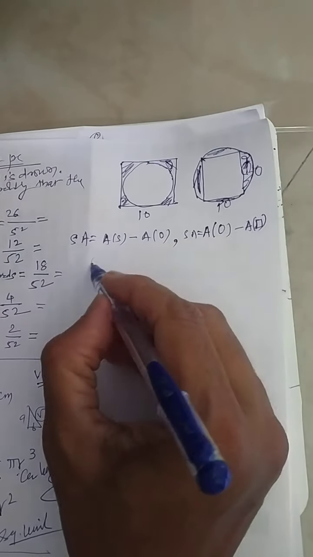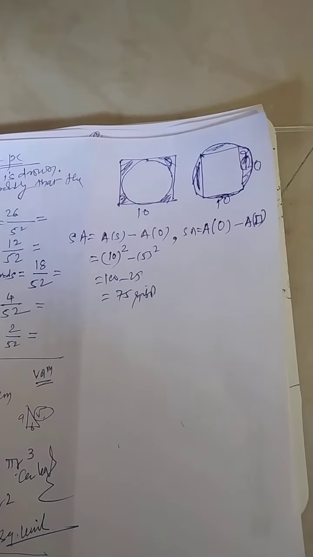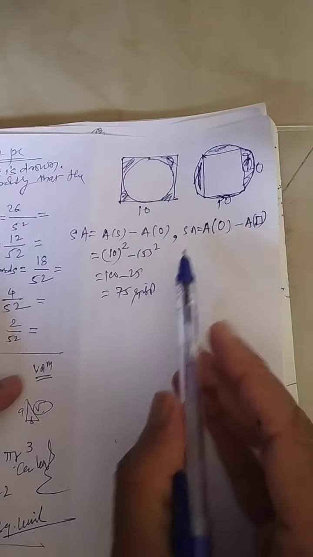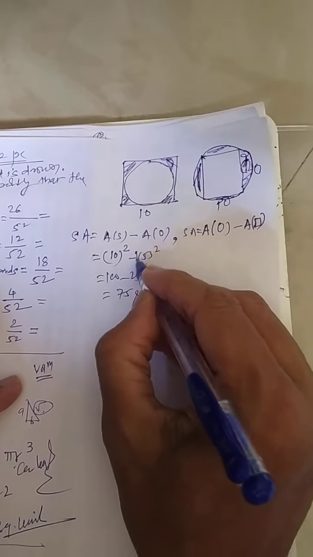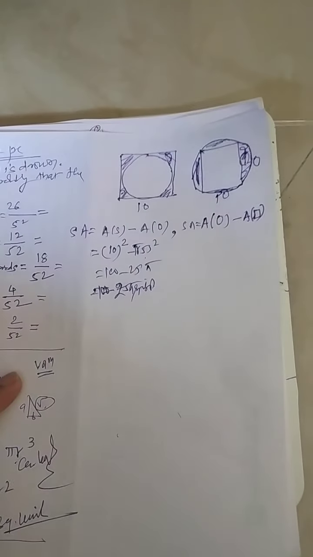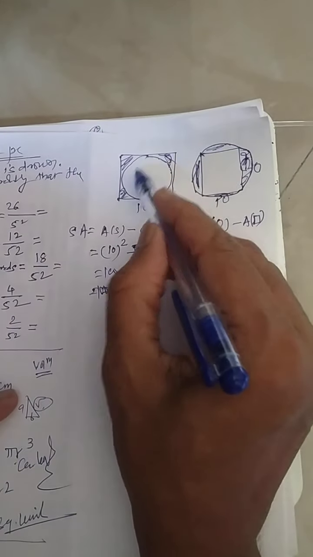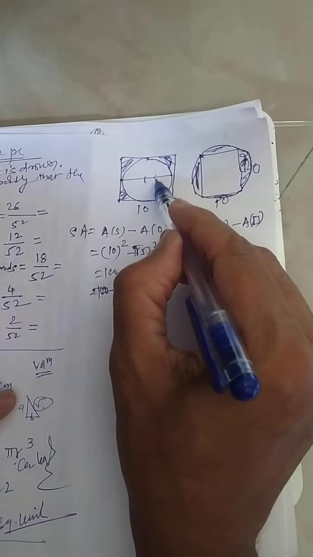So for the first case, just find out. Are you getting it? The thought is how to get the radius. It will be pi r square. It is getting 100 minus 25 pi. You can replace the pi value and get the answer also. Intention is how to generalize. This is nothing but 10. So the radius will be nothing but 5.